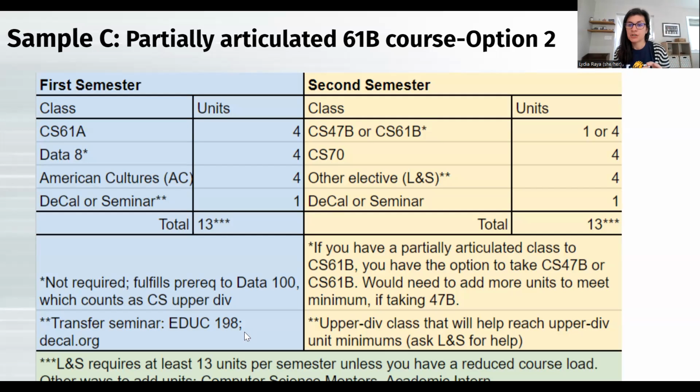Is there a good combination of these first lower division classes so that we can take an upper division in the second semester? I think it depends on which kind of upper division you're talking about. There is an upper division tech elective, so that could be taken in the second semester, because it's not going to be in CS. So that's an option. If you took Data 8 in the first semester, maybe you could take Data 100 in the second semester. That's upper division. So I think it just depends on what we're talking about.